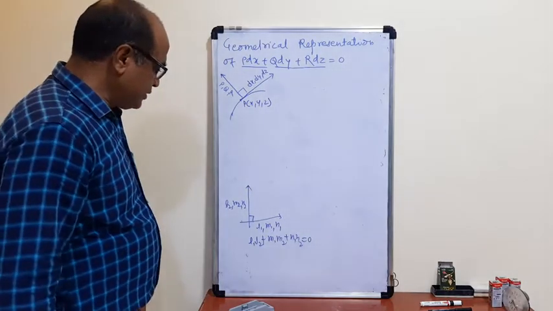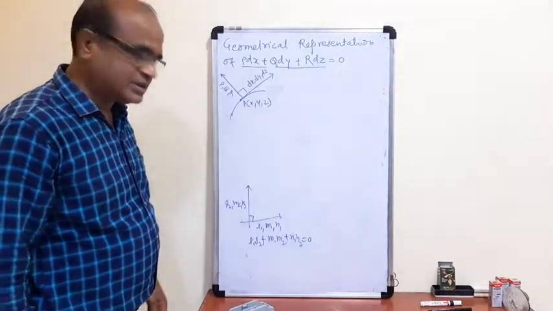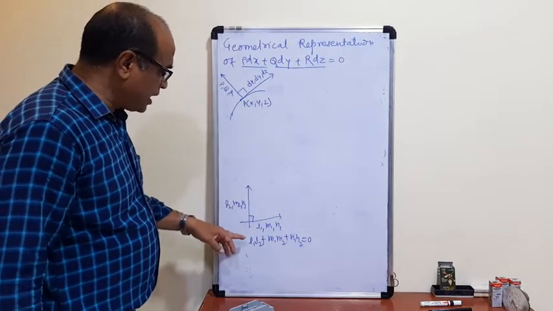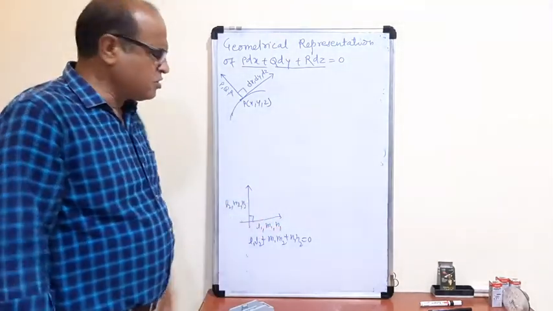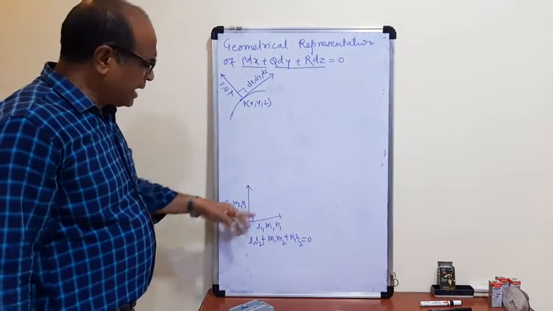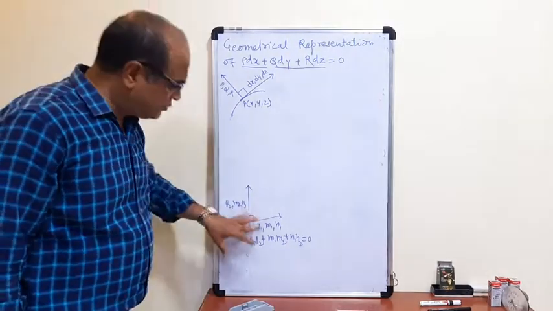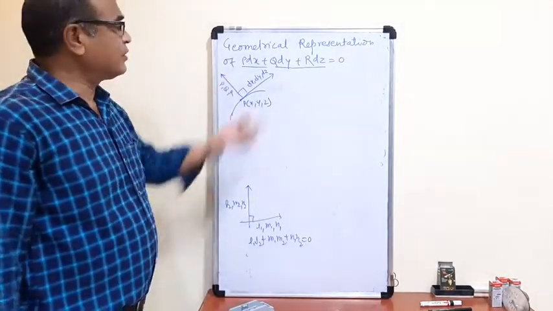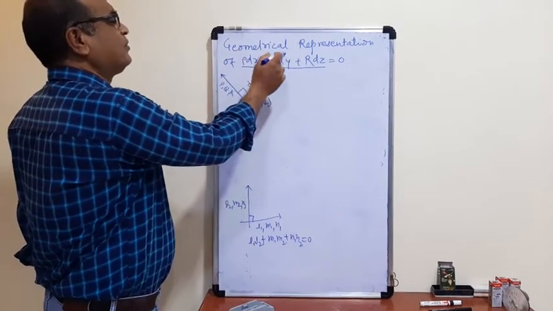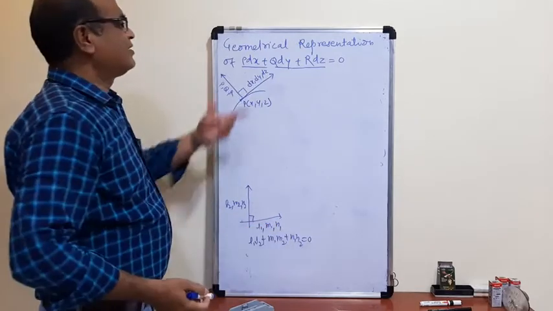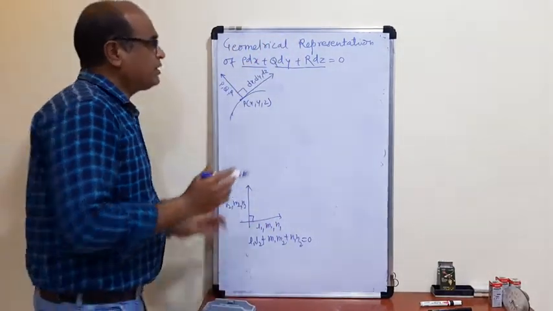Okay. So l1, m1, n1 are the direction cosines of this line, and l2, m2, n2 are the direction cosines of this line. If two lines are perpendicular to each other, then this is the perpendicularity condition. So we use this condition here. So this is nothing but a perpendicularity condition. Okay. So we know that